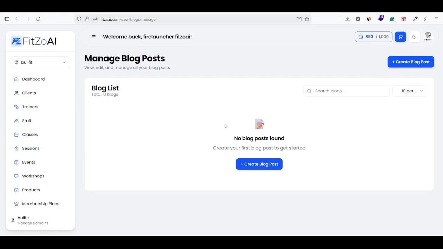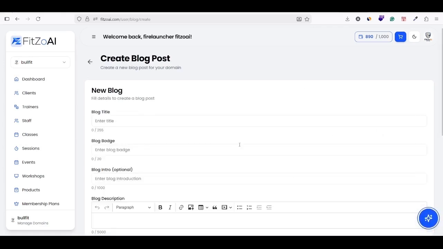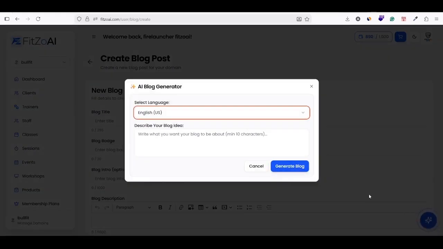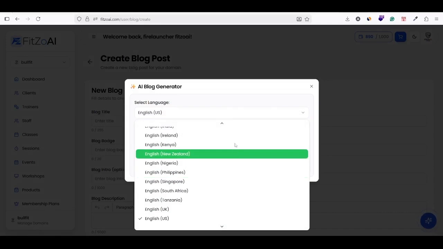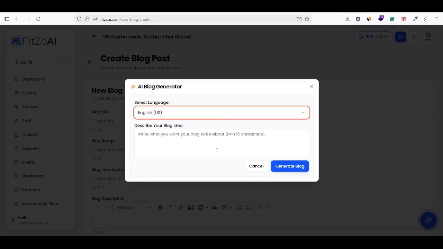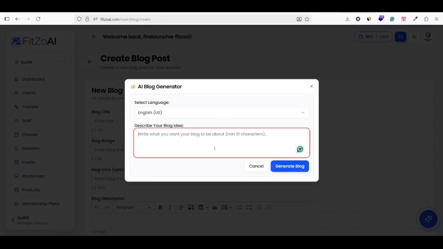When you want to generate a blog, you need to first click on create blog post. We will generate a blog using AI. So first I will click on this button, and I will select the language. My selected language is English, and my blog is about